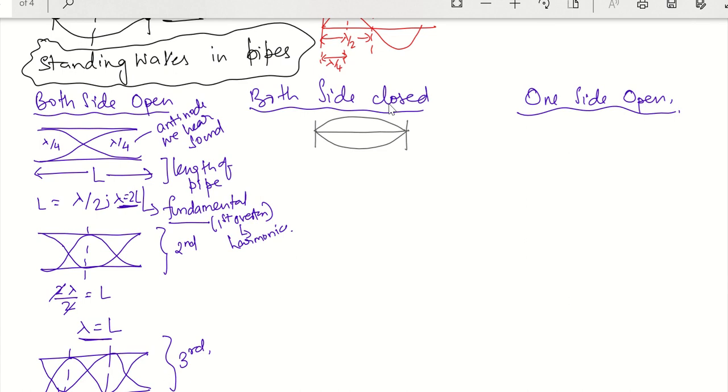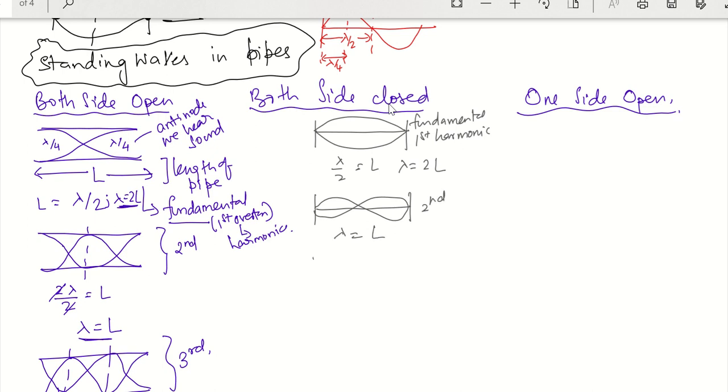So this is your fundamental, this is your first harmonic, okay, and this is your lambda by 2 equal to L, so lambda is equal to 2L. So you see exactly same. Then the next will be like this. So your lambda will be equal to L. This is the second. Third will be